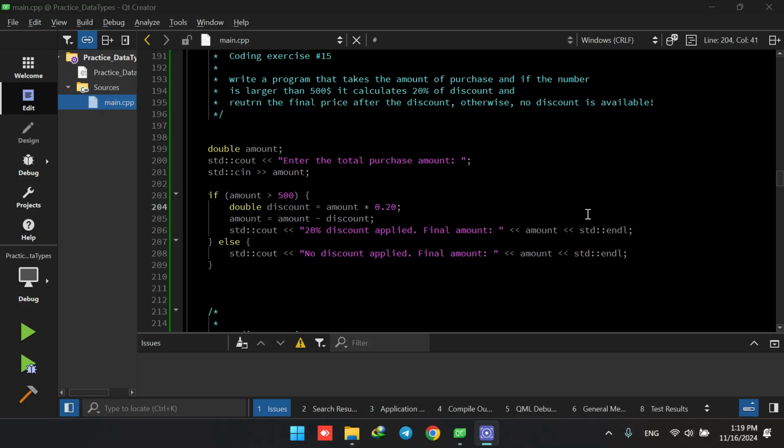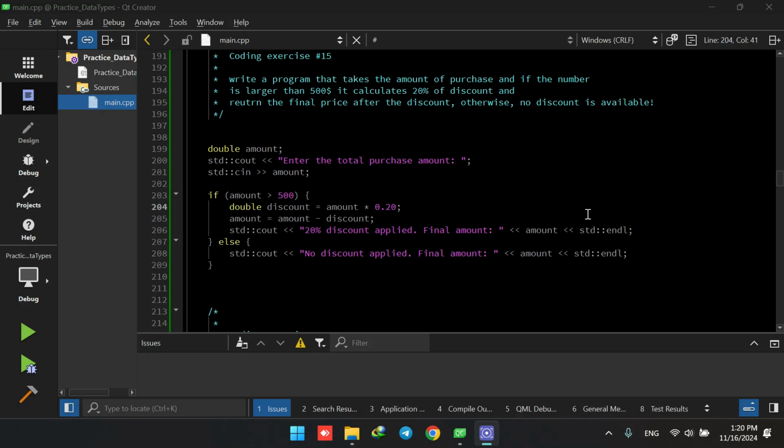This is the new rule that the manager mentioned. For example, anyone that goes beyond $500 when they're purchasing our products like t-shirts, we can give them 20% of discount. However, if the amount of the purchase of our customer is lower than $500, no discount is available. So now we want to design a program that computes this amount of discount, considers it, and gives us the final price that we need to ask the